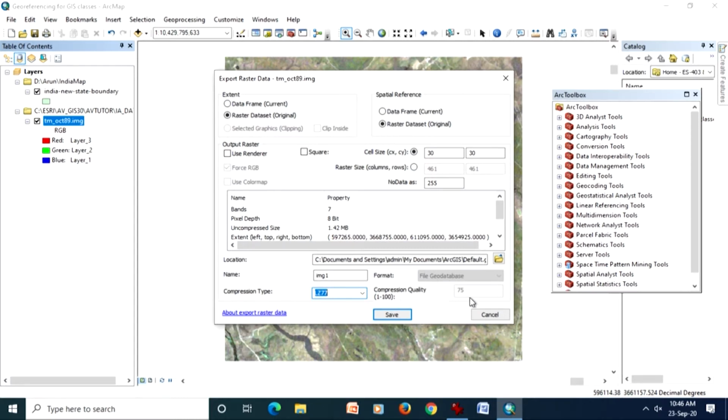Currently, I cannot force how much compression I want, but if I had a different file in my display, I would have different options available. So that I will also show you. These compressions as such may not be available in typical GIS software, but elsewhere we can access them a little differently. That I will also show you.